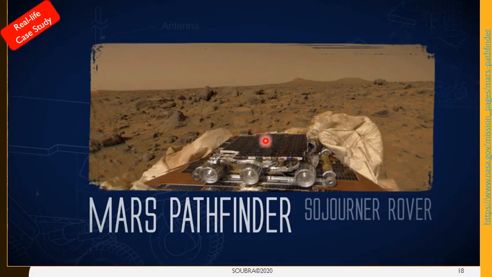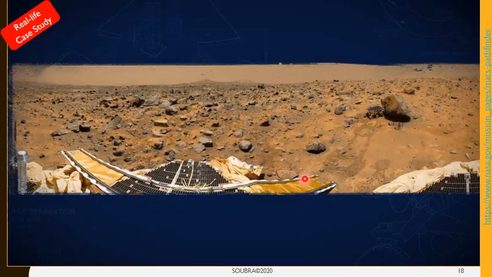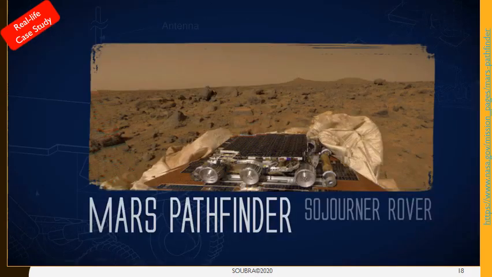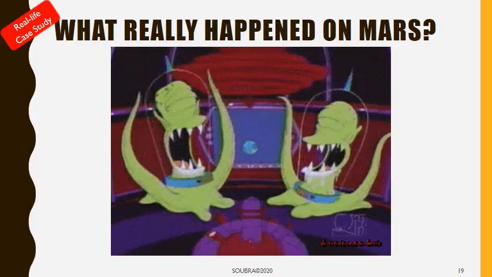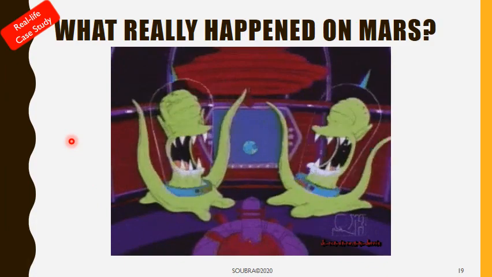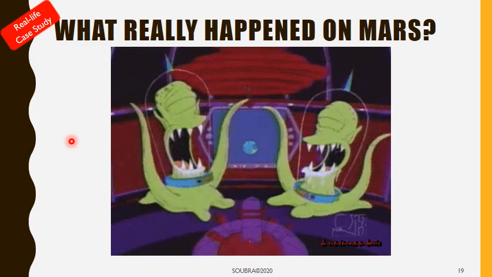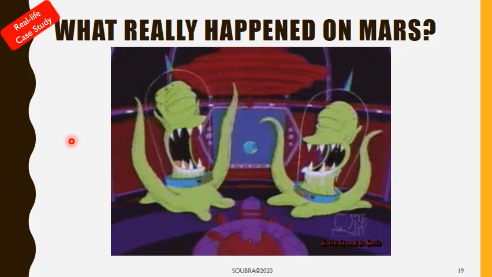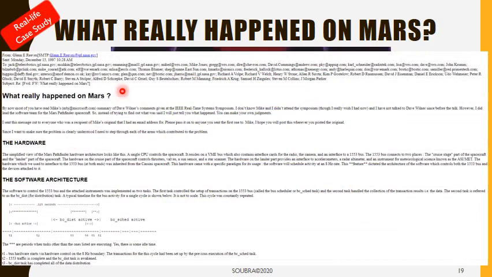Well, to make a long story short, we have two different modules, the static Pathfinder and the rover, the Sojourner, right? And I'm talking about this particular real-life case study because something happened on Mars, and this is what we're going to try and comprehend and analyze today. So what happened on Mars? Was it aliens? I can only wish. No, it wasn't that. What really happened on Mars is, and here you're seeing